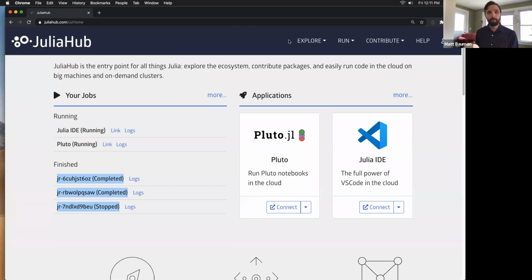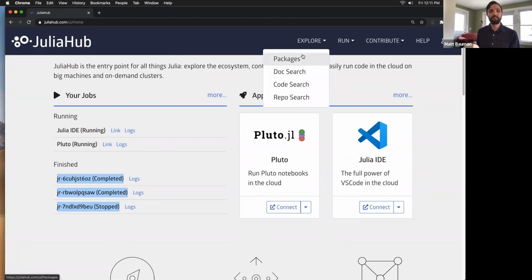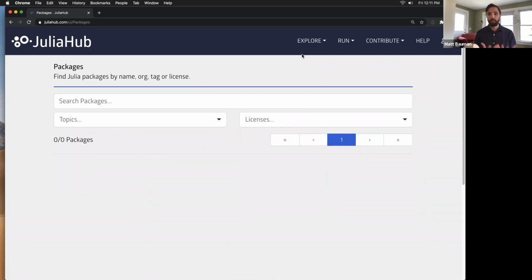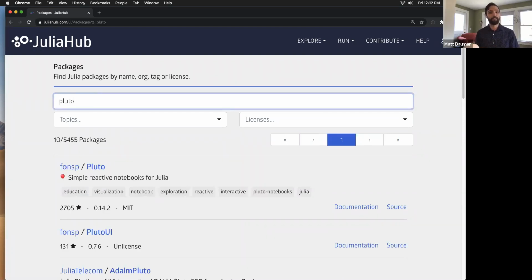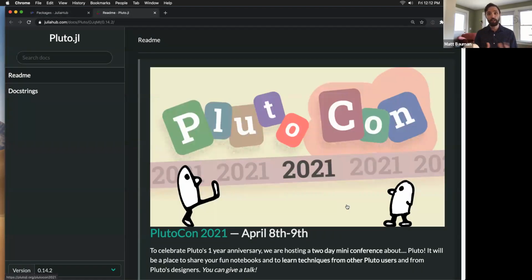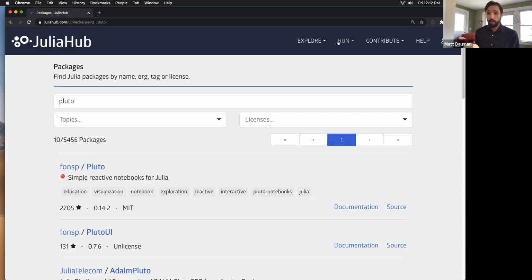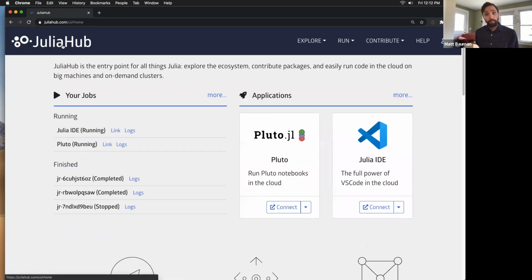The old JuliaHub interface is still here, and you can still go in and explore the package ecosystem under the Explore tab, where you can go in and look at all the awesome packages. For example, you can find Pluto Notebooks, dig in, find the documentation, learn all about how Pluto is working and the kinds of things that Pluto does through JuliaHub directly. I want to go back to the main page though, and